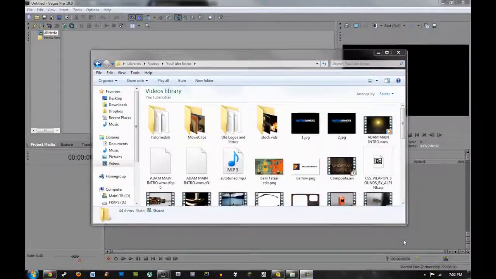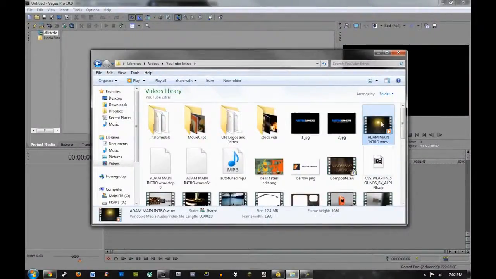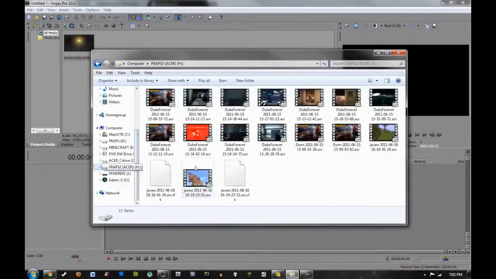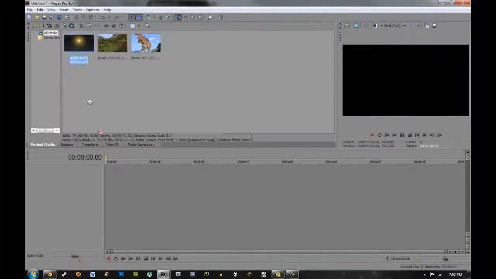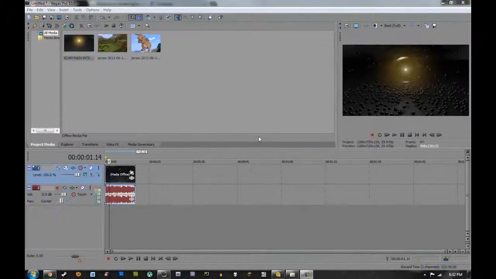Okay. Once you have your video recorded, you're going to want to find your intro clip. If you have one, drag it into Sony Vegas. Then find your recorded clips. Hit Control to select multiple files. Drag them into Sony Vegas. Alright, now that you have all of your video files in your Project Media tab on Sony Vegas,